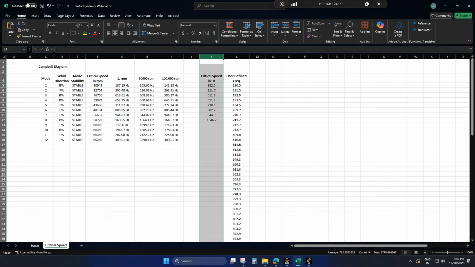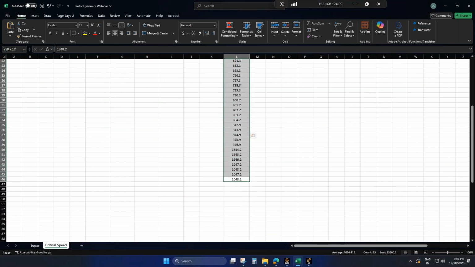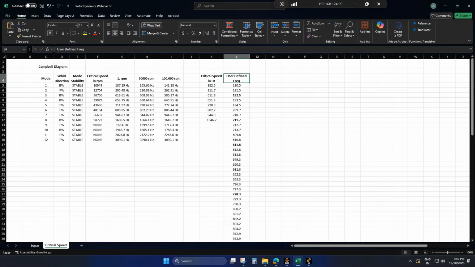What I have done is picked 2 points above and below each critical speed. In addition to the solution interval that I have specified in the analysis settings, I will use all these values so that I will not miss any critical speed when we query the unbalanced displacement chart, the results.